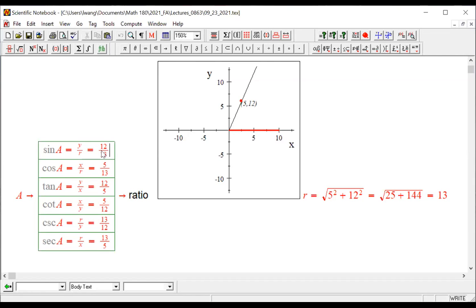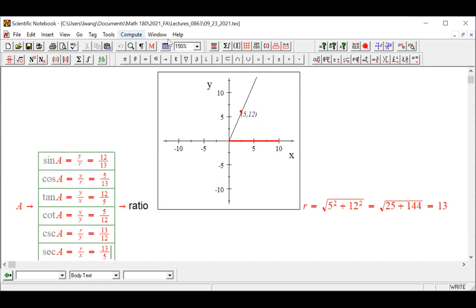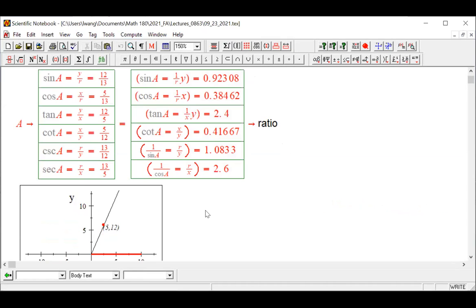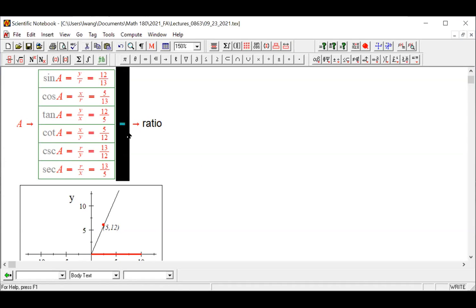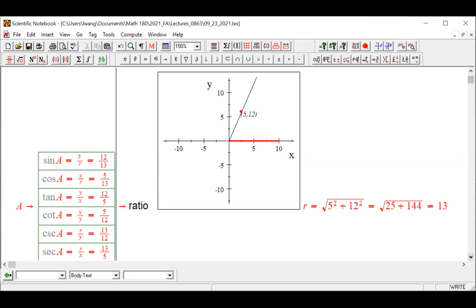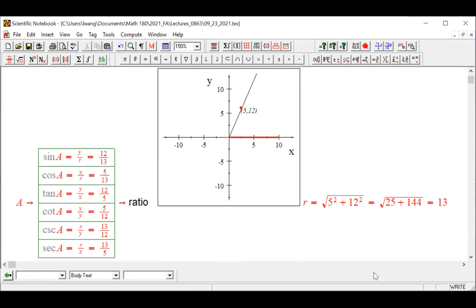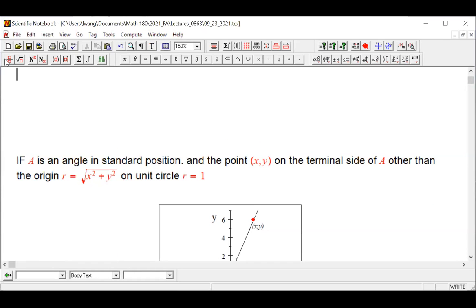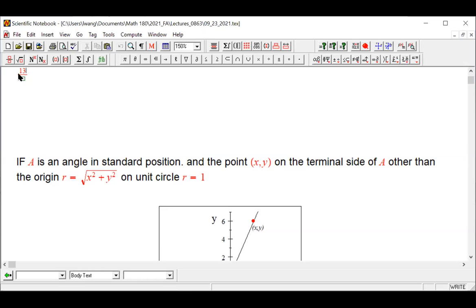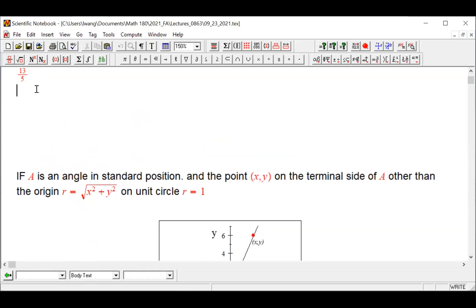So use fraction if you can. Use the precise numerical value. For example, here, I'm just giving you an example. Because this one has a precise numerical value. Sorry, this is not what I wanted. I'm just taking an example. For example, 13/5. If you encounter this question, your answer should be 13/5